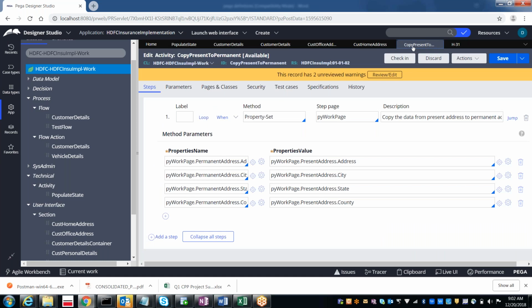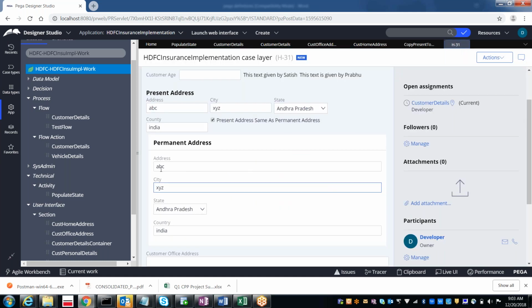I think that is an editable format. Yeah, right now it is editable. Okay. So you want it to be read only? Yes. So when should it be read only?